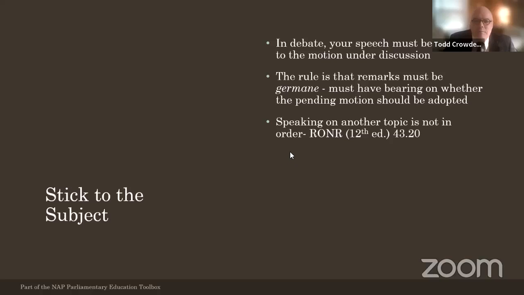And I've had people who just want to say something about the organization. They've got something they want to get off their chest, and they try to do it when a motion's under debate. They think if they can get recognized by the chair, it's their time for free speech, and it isn't. You've got to speak to that motion. Some organizations have something called good of the order, or open forum, where you're allowed to get up and say whatever you want, but it's not in Robert's Rules of Order. You'd have to have your own rule establishing a part of the meeting like that. Under Robert's Rules of Order, there is never a time for that. It's always about the motion.